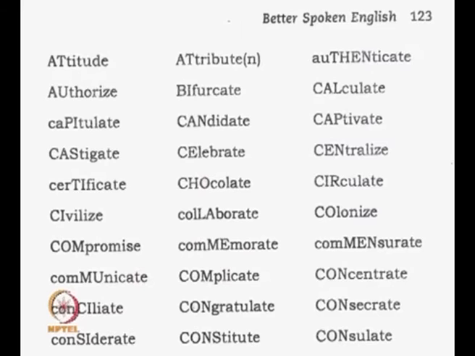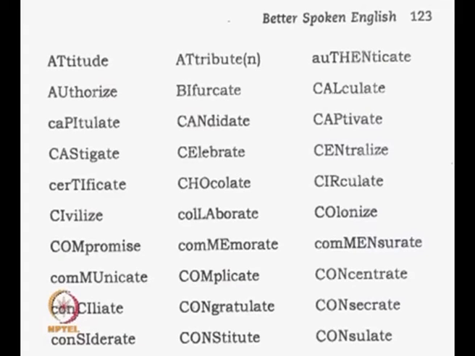Attitude, attribute, authenticate, authorize, bifurcate, calculate, capitulate, candidate, captivate, castigate, celebrate, centralize, certificate, chocolate, circulate, civilize, collaborate, colonize, compromise, commemorate, commensurate,